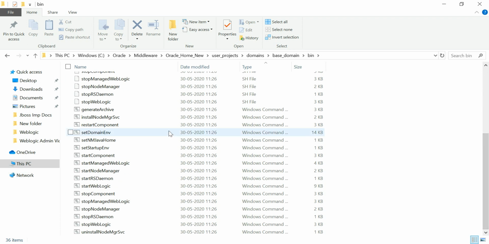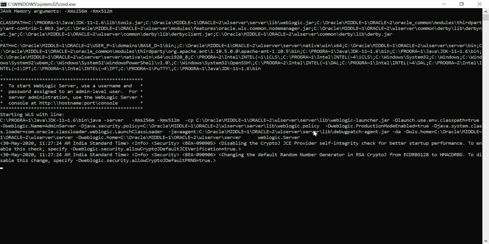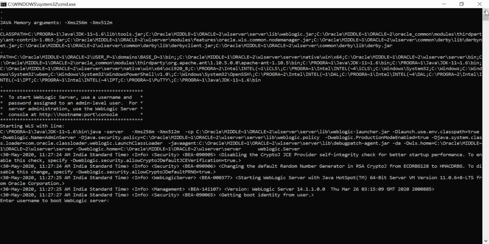Here I'm starting my WebLogic server with startWebLogic. Here I have to give the credentials. The default username is weblogic, and I have to give a password.